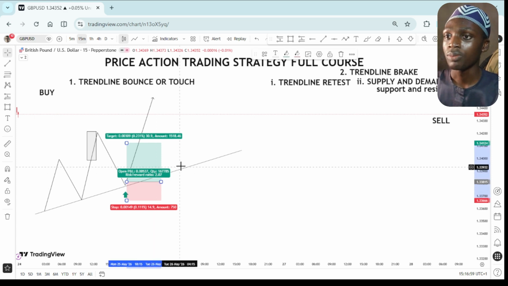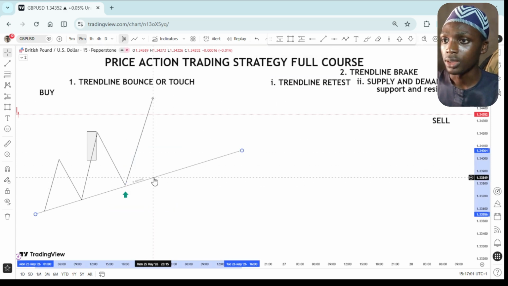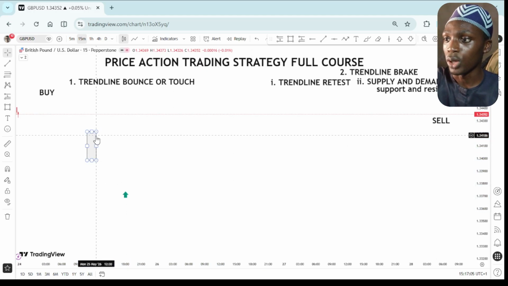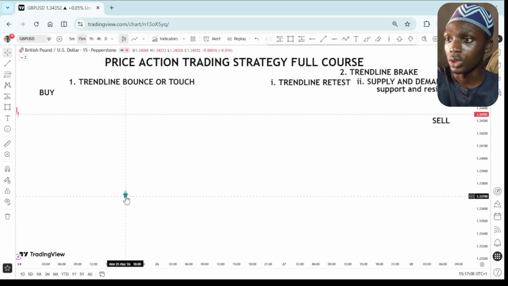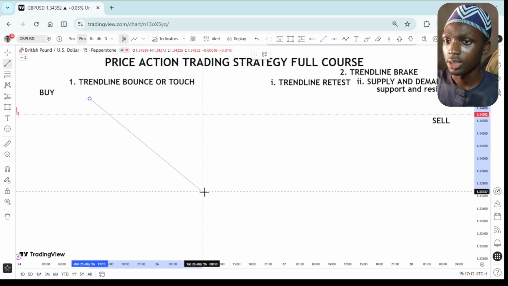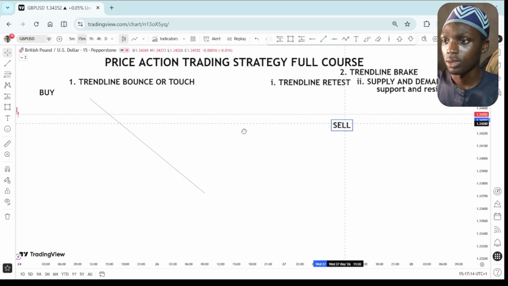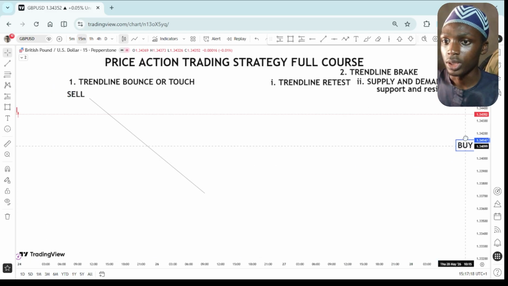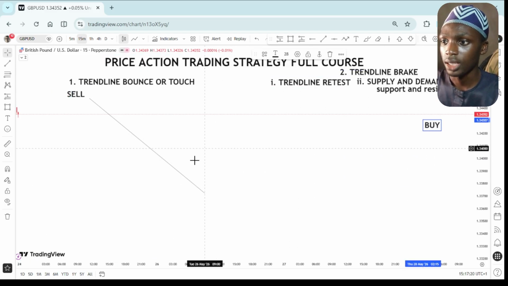So let me show you an example of it for bearish also, so you can understand how to use it for the trend line touch before I move forward to trend line break. For the trend line touch bearish, for the sell signal, let's say the market has moved,